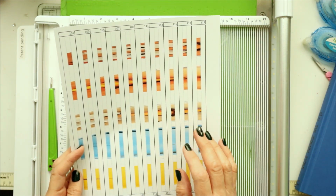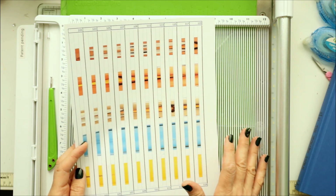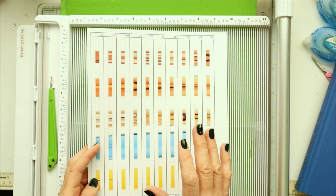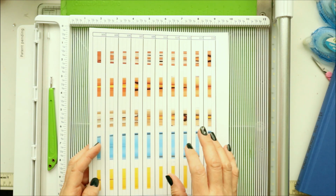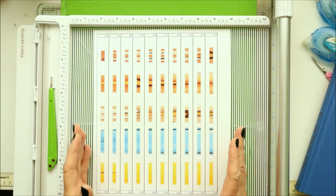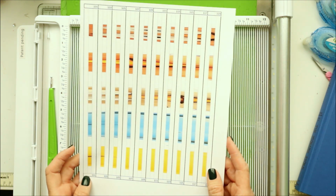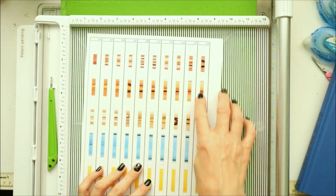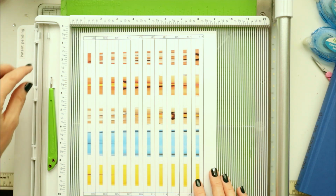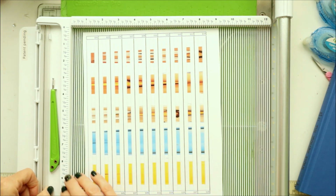You have to cut the strips and fold them in half, and then either finger press them or use a bone folder or card or something to press them flat. Different effects for each one and different results with your books. But if you find that you have a hard time folding down the middle, then using this Cutterpillar Crease is